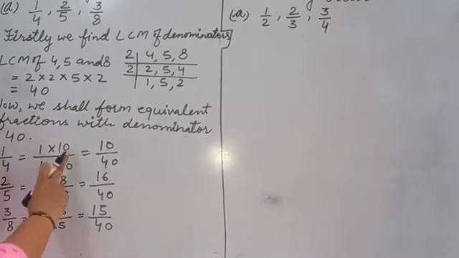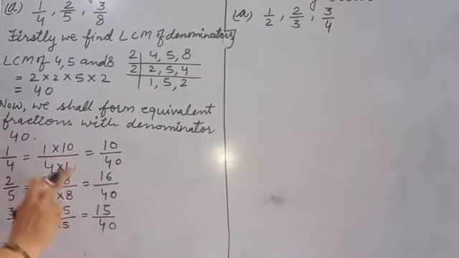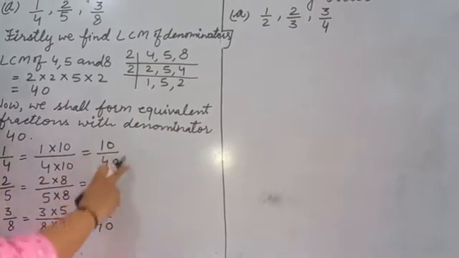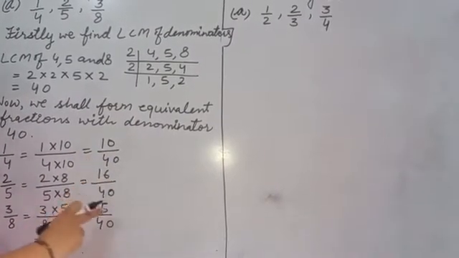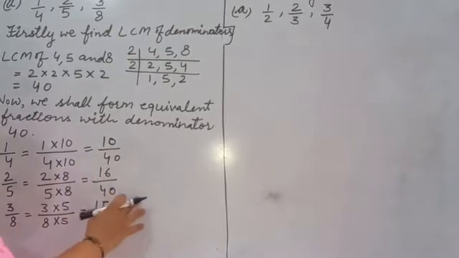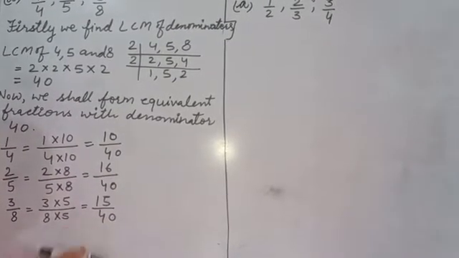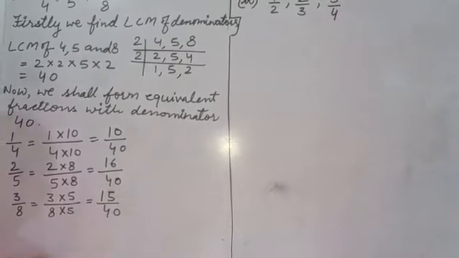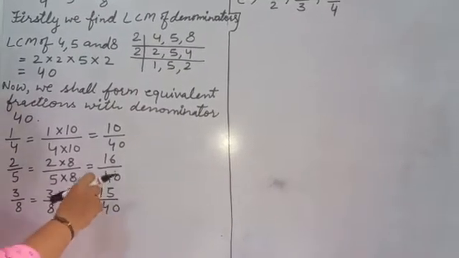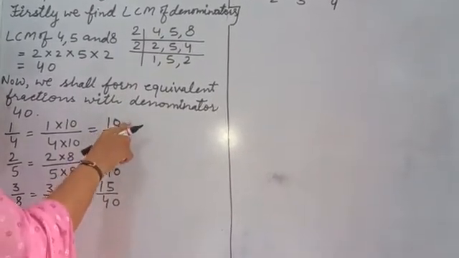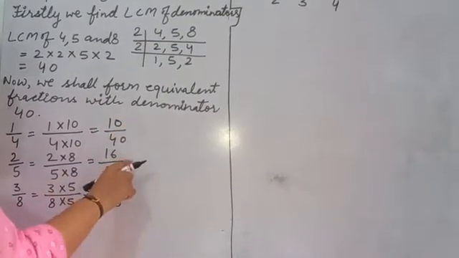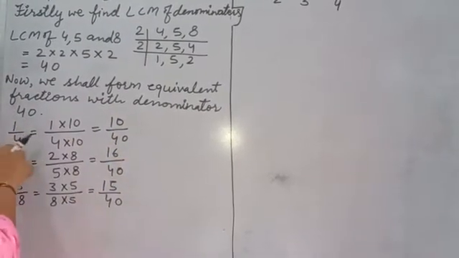हमने सेम नंबर से मल्टीप्लाई करने का मतलब we are getting equivalent fraction. So we get their equivalent fraction. Now we can compare by these because all 40 denominators are same. So clearly now you can get from there that which is big, which is small. So we can see that which is the smallest one? 10, then 15, then 16. That means first fraction is the smallest.